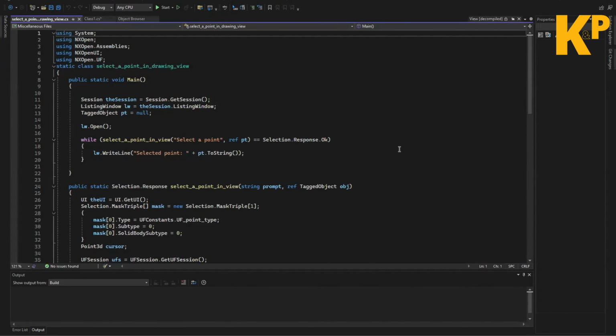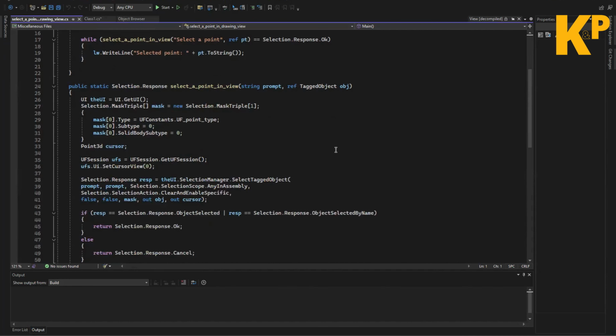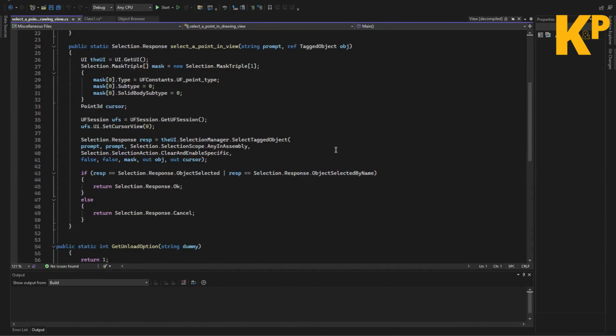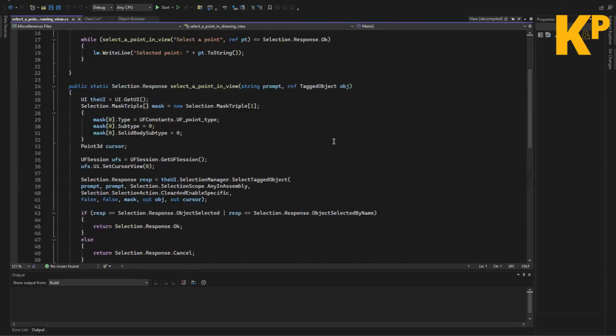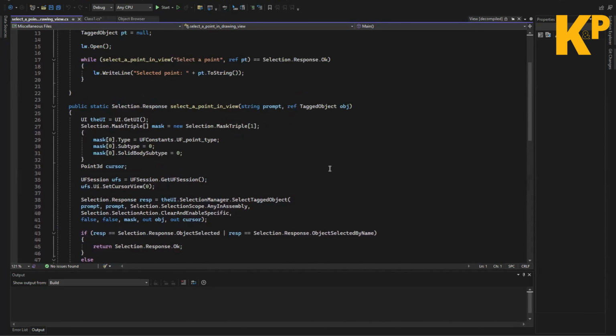This is the code example that performs the action of selecting a point in a drawing sheet. Now, I will tell you the important part of this program. It is a very simple and very short program in a way. This program uses the user response to select the point, but it may not be the case